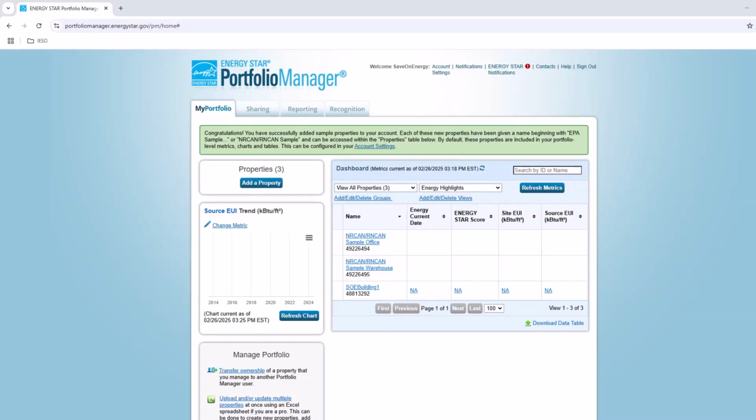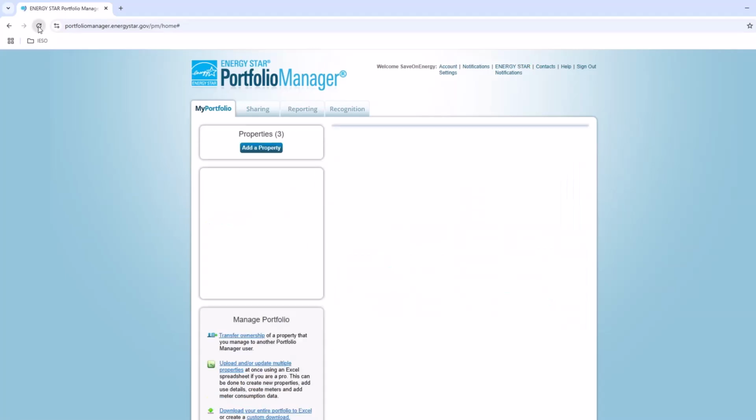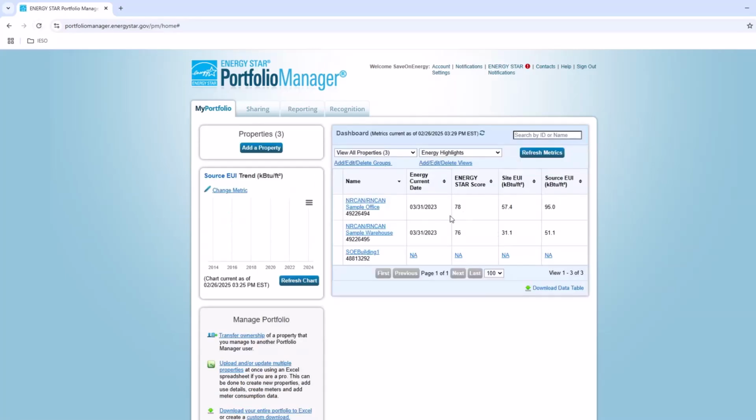Now let's focus on the dashboard showing our properties. Here we can see the sample office and warehouse properties we have selected. Currently, no metrics are displayed, but if you've entered building data, or for these samples, the existing data, you can click on the Refresh Metrics button to fill in the empty tables. It may take a few minutes, so you may refresh the entire page and you should see the values populated